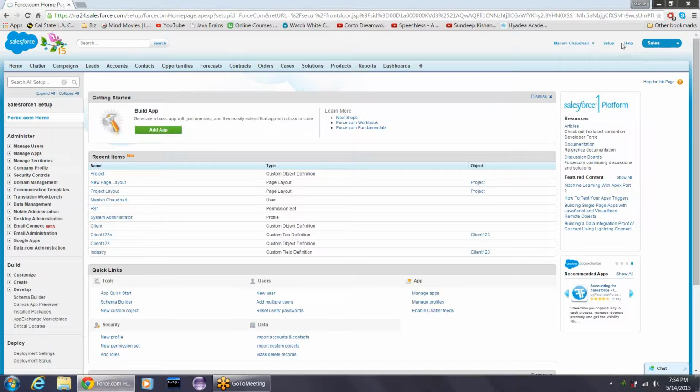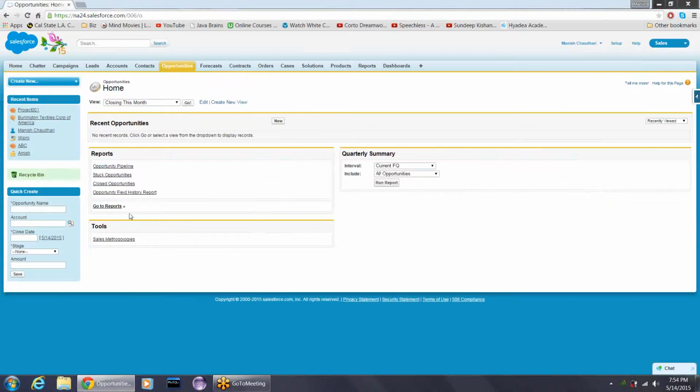So I logged into my account. Now I want you to create a field on opportunity which will calculate the tax.